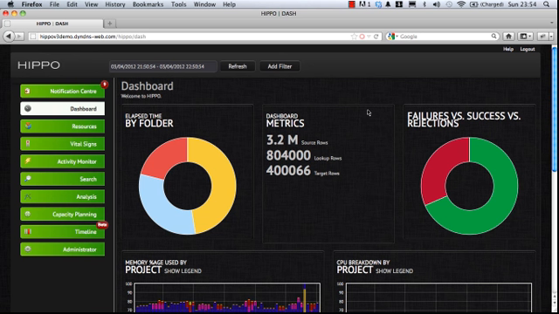This is the first of a series of videos. Each of the videos will focus on a particular function within Hippo. However, this video is a little different. This just gives you a high-level taste of what these functions are. So let me begin by focusing on the menu here on the left-hand side of the screen and looking at